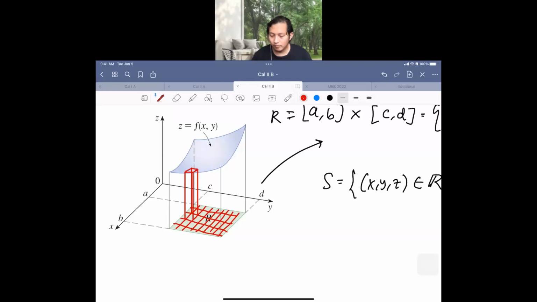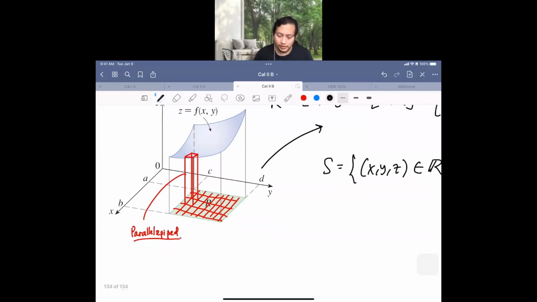And we are getting our parallelepiped, right? It is called a parallelepiped. So if we do this to all of these small rectangles, we make more parallelepipeds. If we map all these small rectangles to our surface, we are going to have